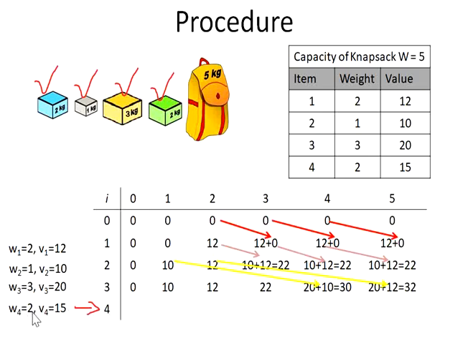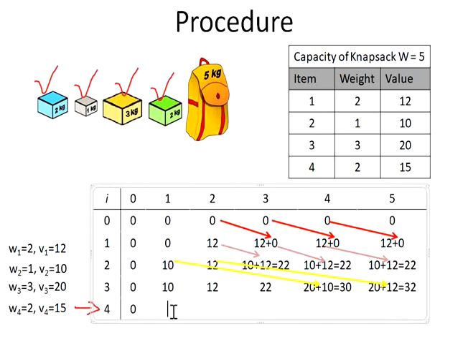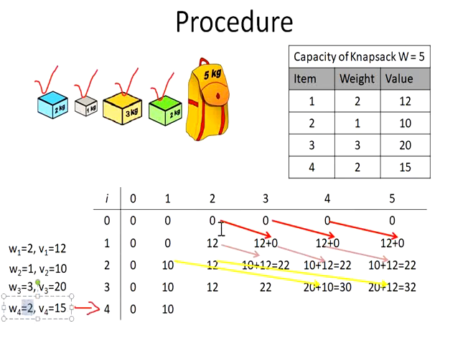Can I insert the item 2 in the bag of 0? So obviously it is 0, so I cannot insert. Can I insert item 2 in a bag of 1? Obviously it is 0 again, so I cannot insert weight 2 kg in a bag of 1 kg, so it is 0. So after inserting 0, we'll compare with the previous one. Any changes in this? There is a change, so comparing 0 and 10, 10 is obviously greater, so I insert 10.